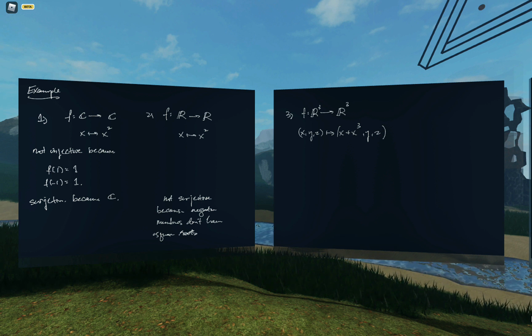Yeah, injective and surjective. All right. Any other votes? Yeah, so I think this is fine. You guys are correct. This is injective and surjective, because the only thing that's happening is on the first component. It's really the identity map on y and z, so you can forget about it. That's just to throw you off. But yeah, x plus x cubed is an increasing function, so it's going to be